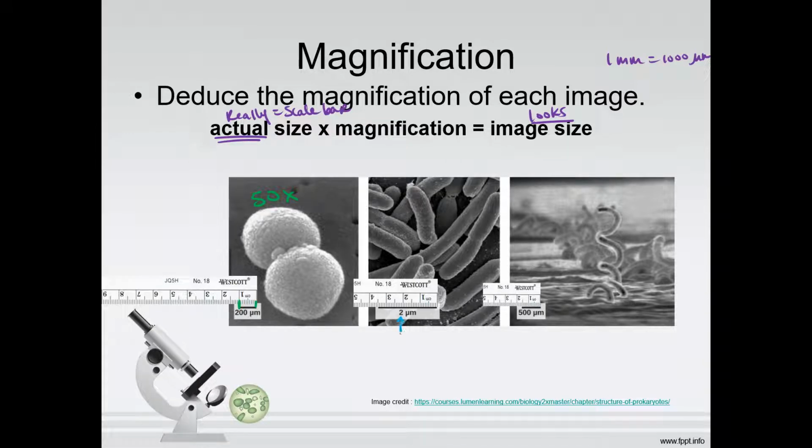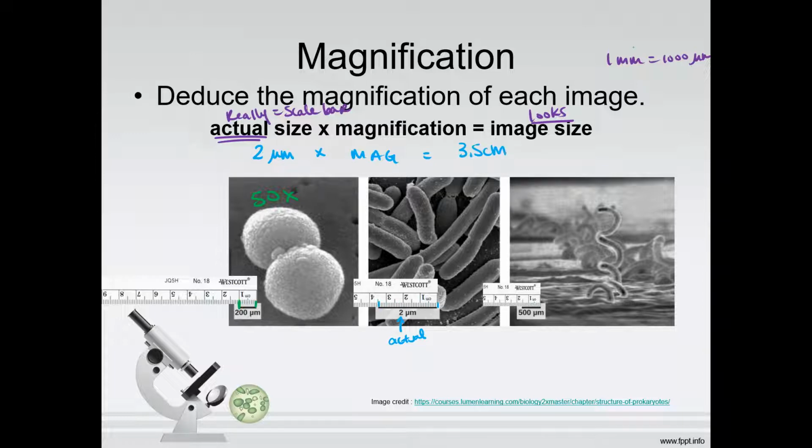Our scale bar, how big it actually is, 2 micrometers. So I'm going to plug that in for 2 micrometers times magnification, which is what I don't know yet. We're going to set it equal to our image size. Image size is how big it looks on my ruler. And it looks like I've got 3.5